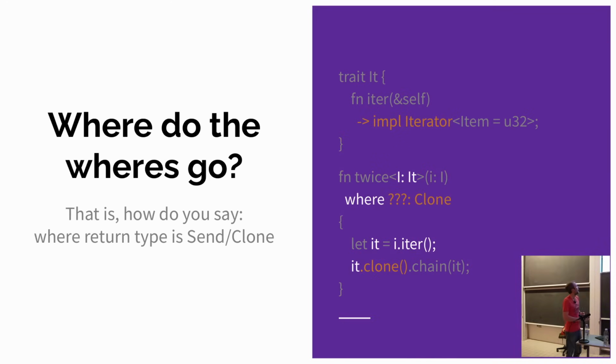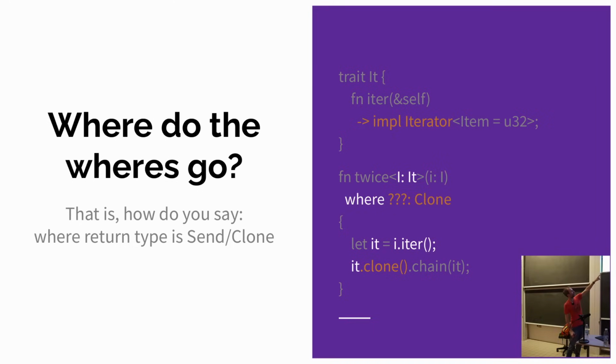Of course, the real question here is where do the wheres go? If I call a function in a trait that has an associated type, then I can say, where I want to take something that implements this trait, where this associated type implements, for example, Send. But here, I just proposed that we get rid of the associated type. So what does the where bound